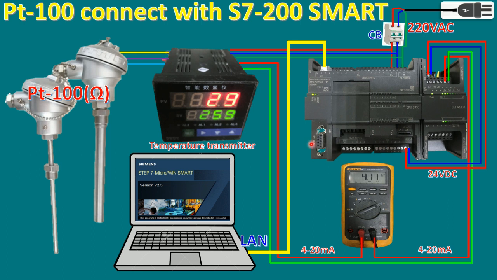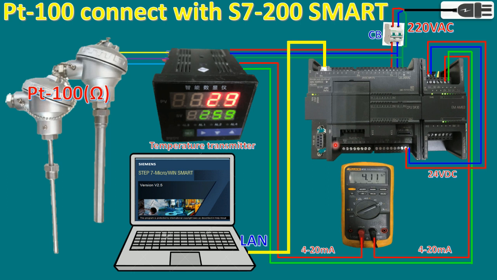Okay, so we can also connect directly from the Pt-100 to the module, but not this module. Other modules we can use for analog, following the manual operation of the module. Okay,